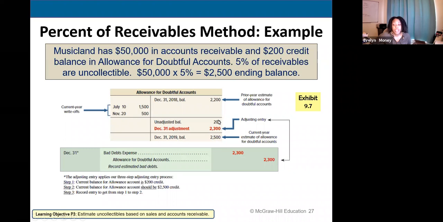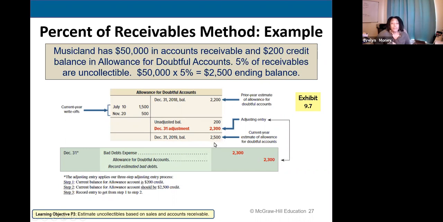So I take the difference between where it is right now, the $200 credit balance, and where I would like it to be, the 50,000 times the 5%, and then that is the number for my entry. That is, in essence, my bad debt. So we debit bad debt expense and we credit AFDA for the $2,300 to ensure that I reach that $2,500